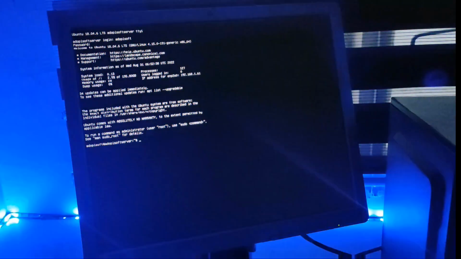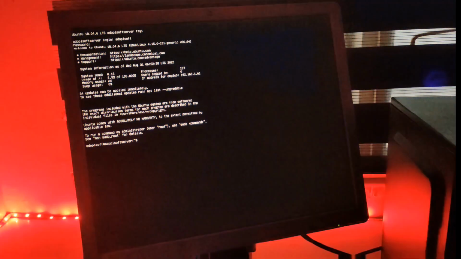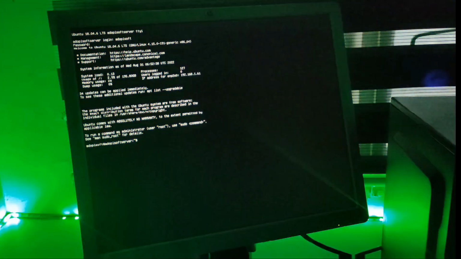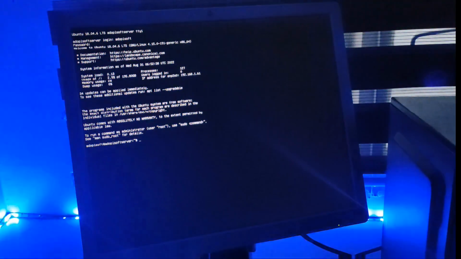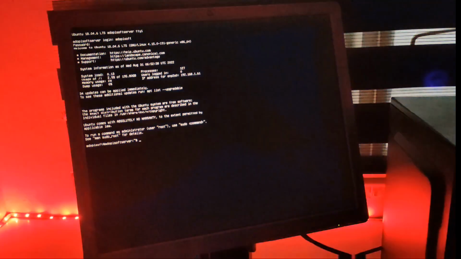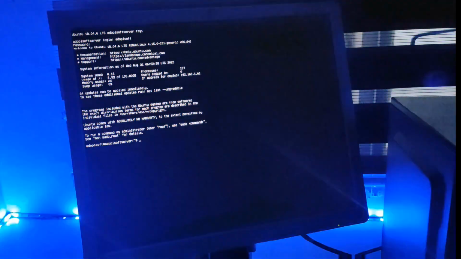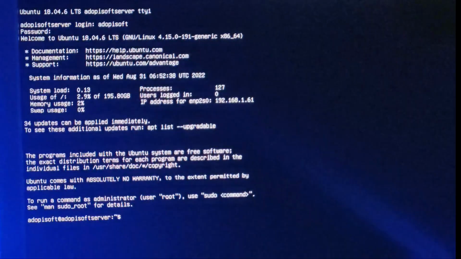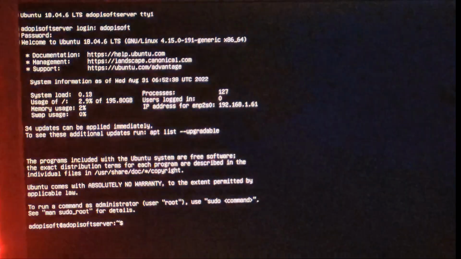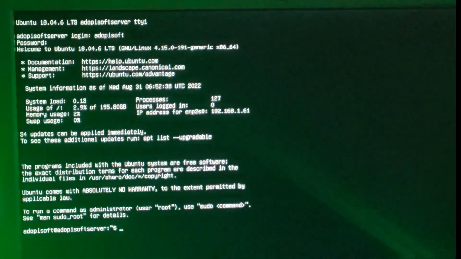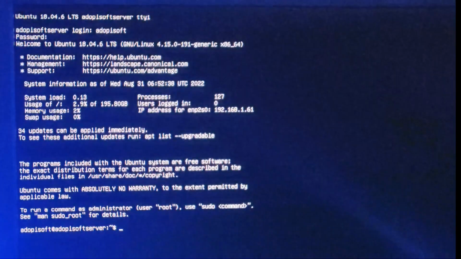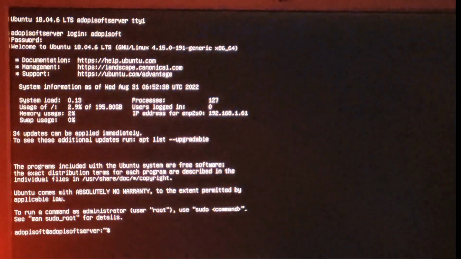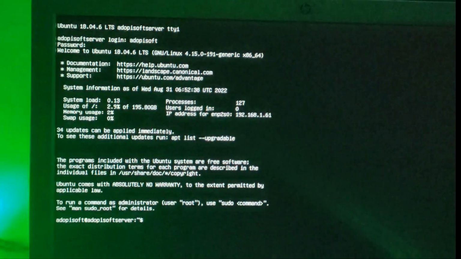So for this one, we need to go back to our website to AdoPiSoft.com and follow the guide on the wiki for the commands. So let us go to the website. So by the way, what you see on the screen, you can see that there is an IP address which is 192.168.1.61. If it is not showing on your end, you can manually type IP